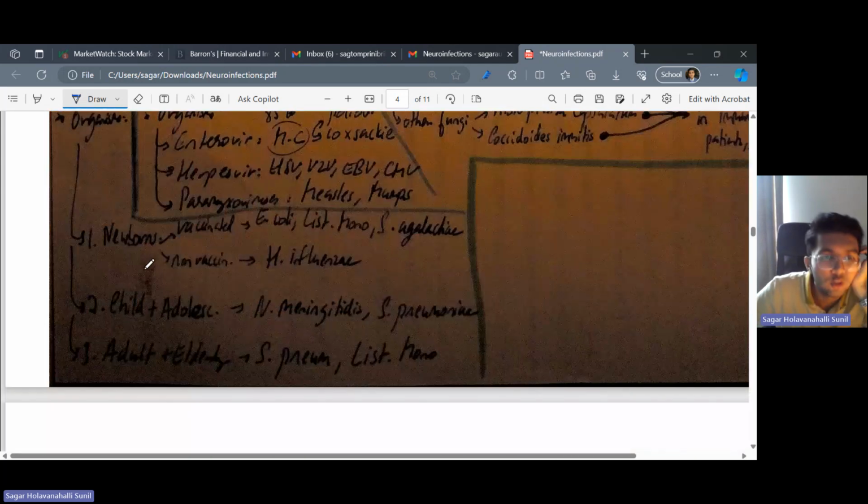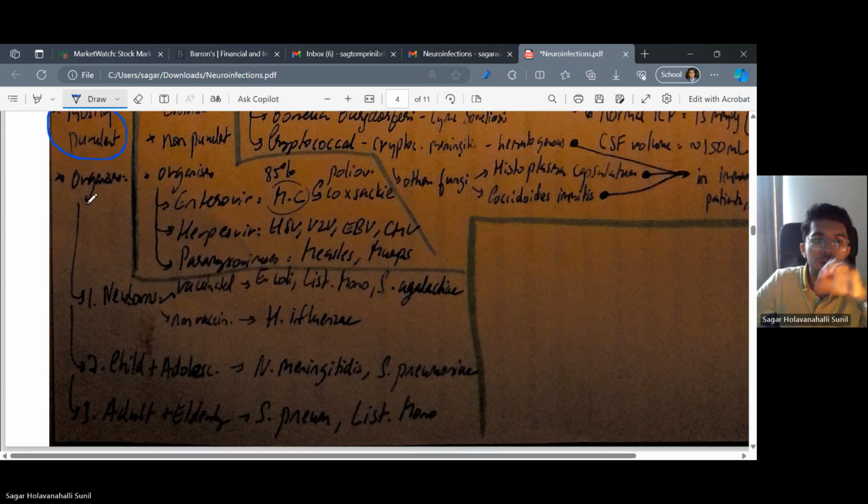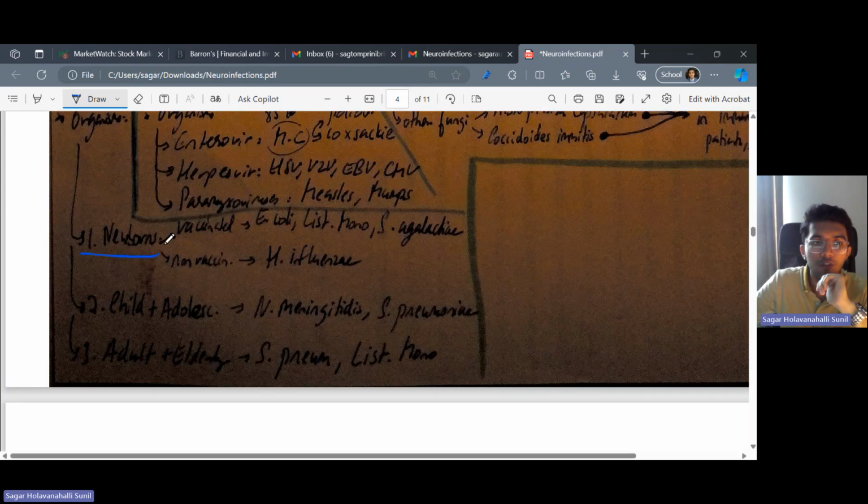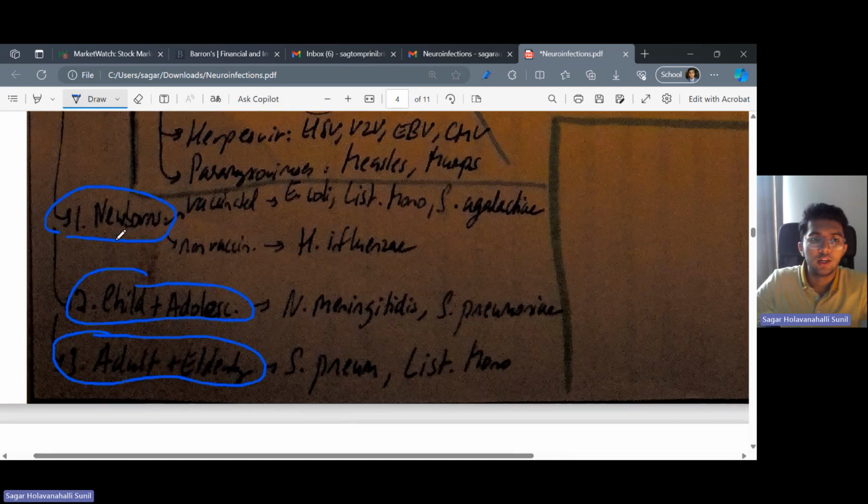Now, the organisms are very, very important. You have to distinguish between the age groups. You have newborns, children and adolescents, and adults and the elderly. I'm so sorry for the quality of this picture, but I hope you can see it. For newborns, you can have either vaccinated or non-vaccinated newborns. Again, very important to distinguish. In non-vaccinated, remember Haemophilus influenzae. In vaccinated, it's S. agalactiae,